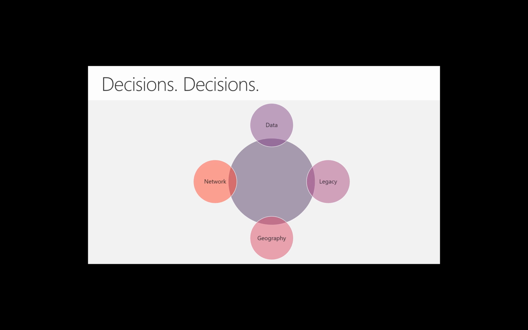Additionally, you will have influencers that are already established that we have to plan around. If the customer's headquarters are in a rural location, not only might they have network access problems, but you might also encounter slower load times for all aspects of their solutions. Legacy systems may not be replaced, data that's old but important. All of these things that we likely won't have control or even influence over, but that doesn't mean they won't impact our work with our solutions.